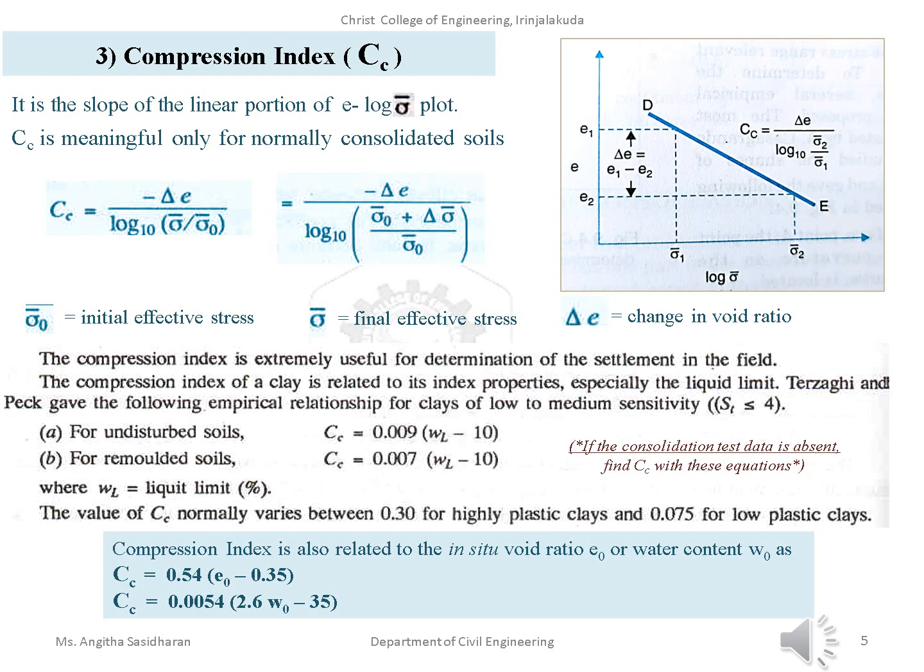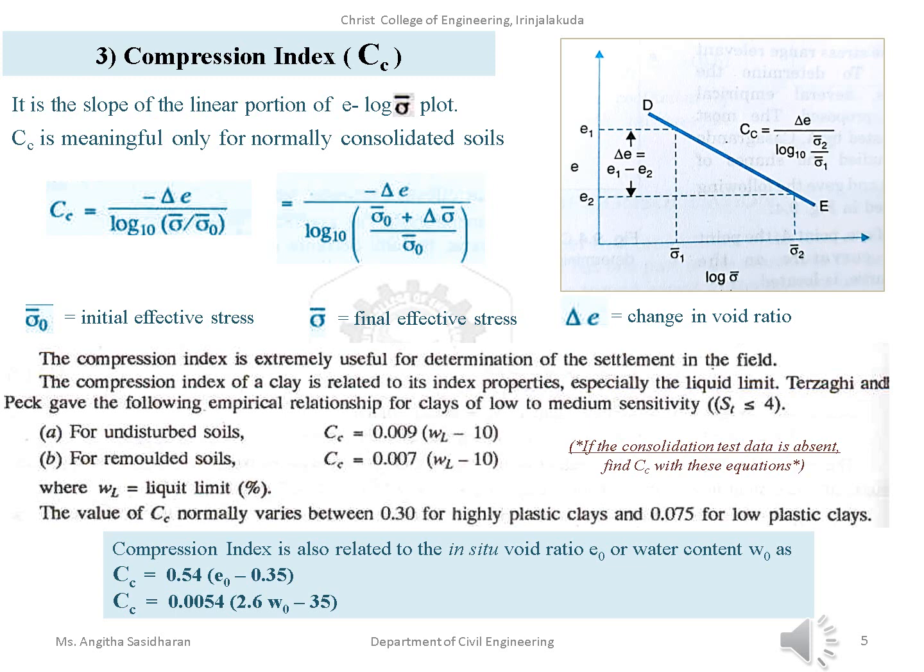Just refer to this graph. Here, if you denote the first void ratio and the first sigma, the first void ratio by e1 and the second void ratio after some time by e2, and the corresponding effective stresses be sigma 1 bar and sigma 2 bar, then if you take the slope, you can represent it like this. And this is extremely useful for determination of settlement in the field.